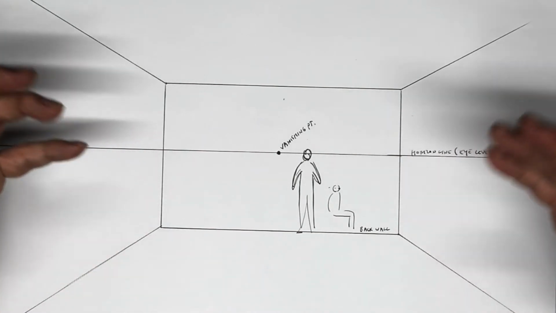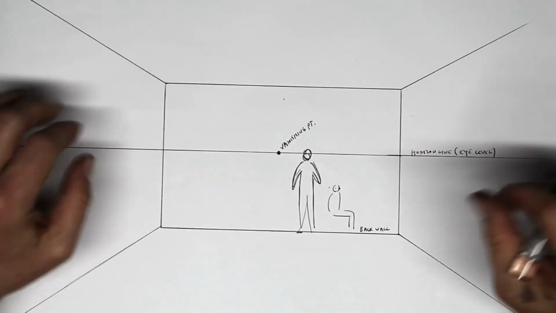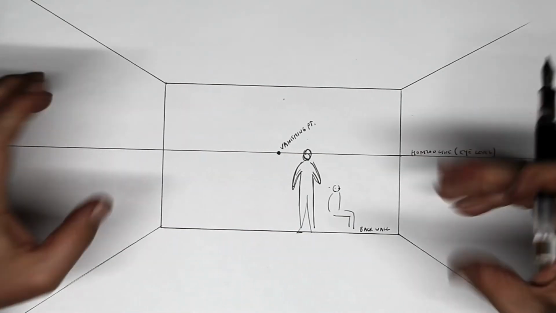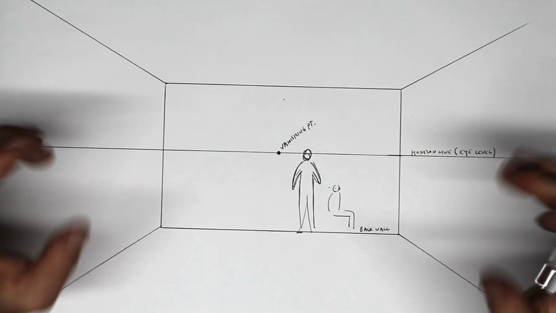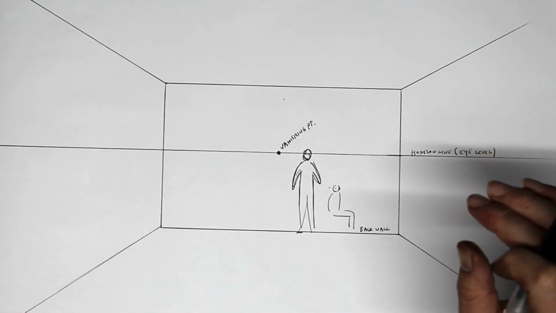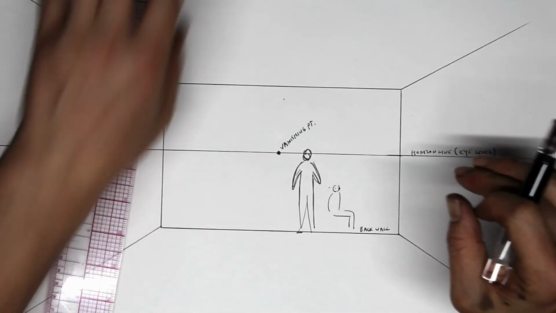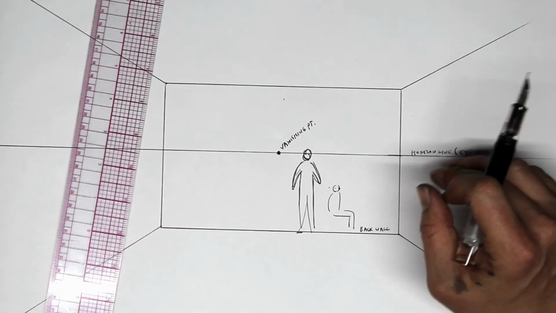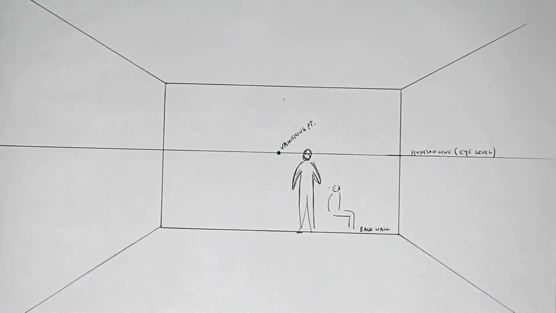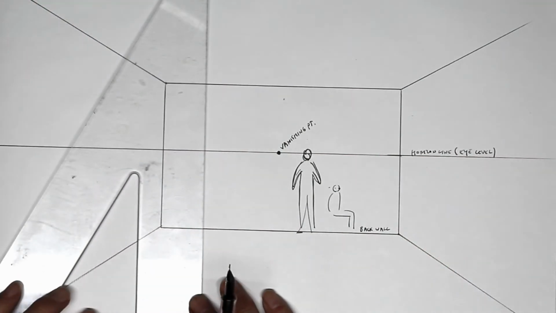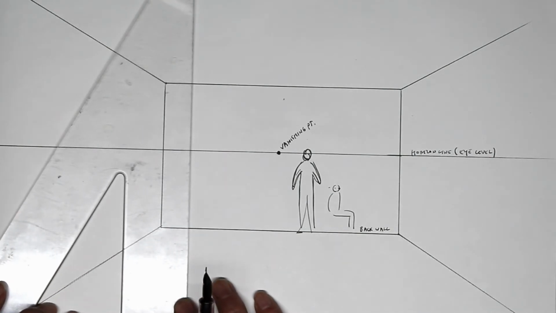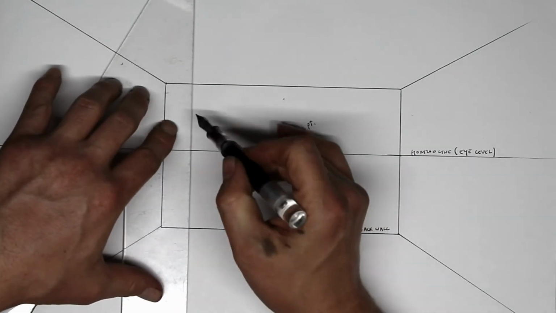Okay, let's add some additional features to this using one-point perspective. This room feels a little bit claustrophobic. Let's put a doorway into our back wall. That's a pretty simple task. I'm going to use my right angle, line it up with the bottom of my paper, and draw a rectangle